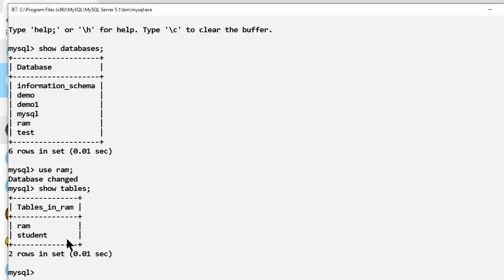Now I don't know how many columns are inside the RAM and how many columns are inside the student. For that I will use the command desc student.